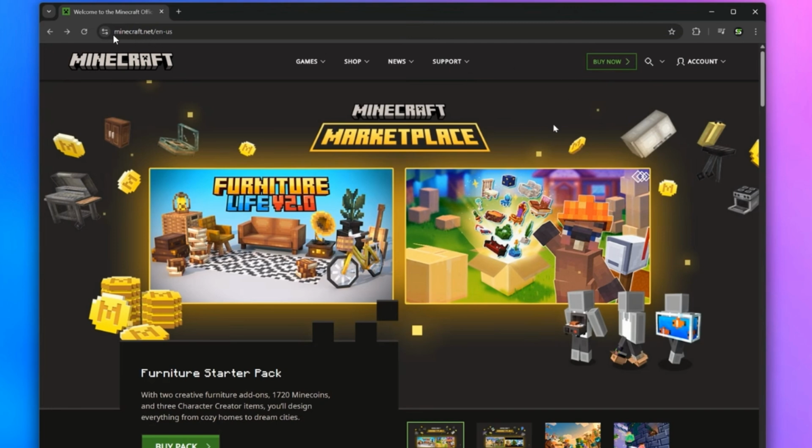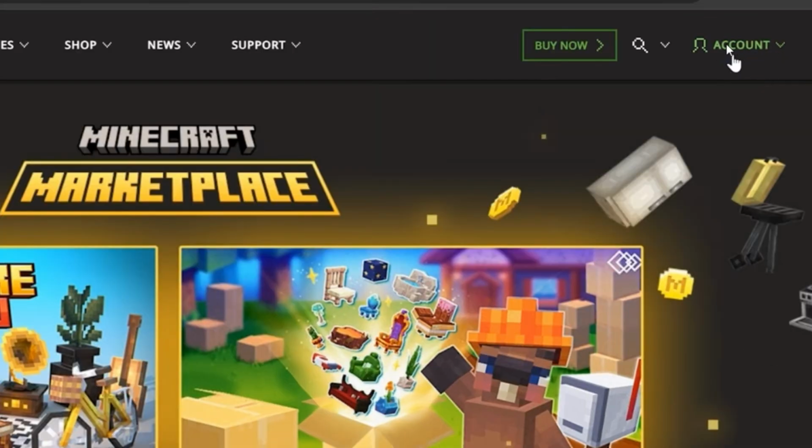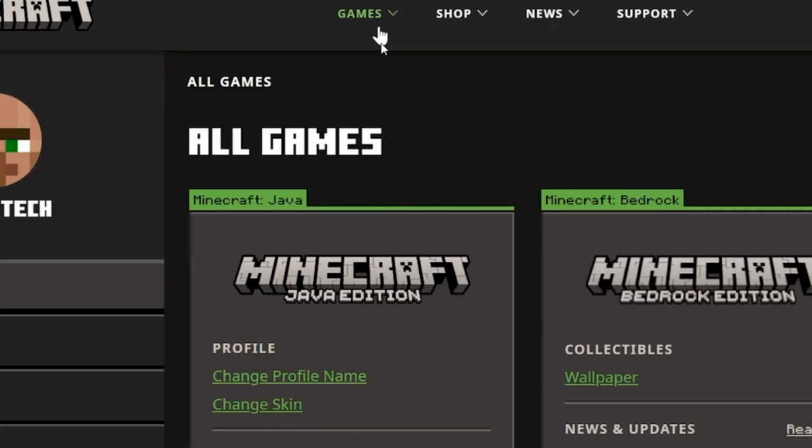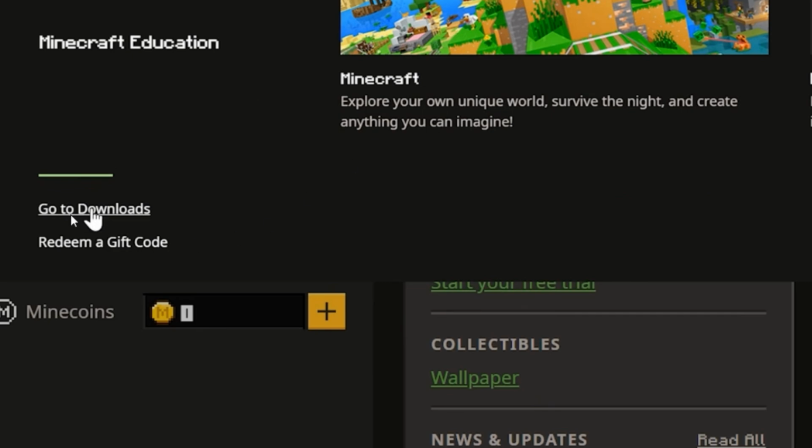Go to the Minecraft official website, and then what you have to do is click on your account and sign in to your account. After signing in, you have to click on sign in with Microsoft, or if you don't have a Microsoft account, you can just create a new one. Once you're done signing in, you just have to click on games, and then you have to click on go